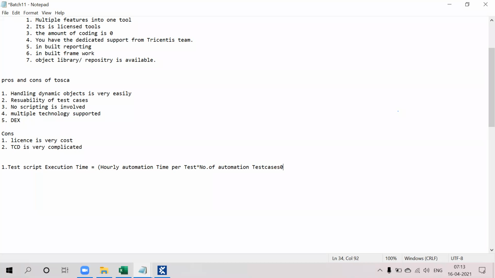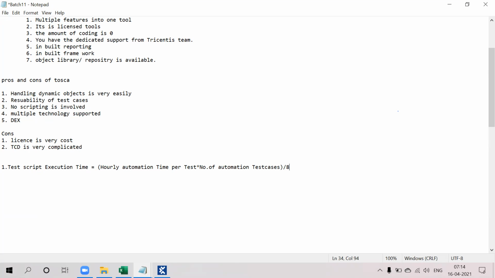This is divided by 8 for the manual effort. When you are calculating the automation, likewise there are the automated test analysis time, the automated test maintenance time, and the automated test script execution time.